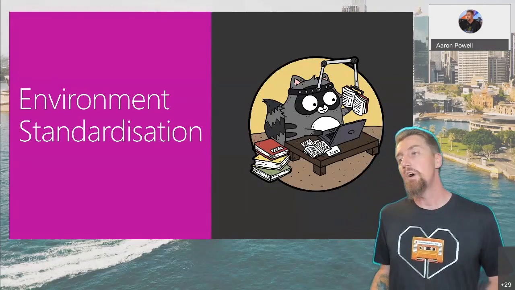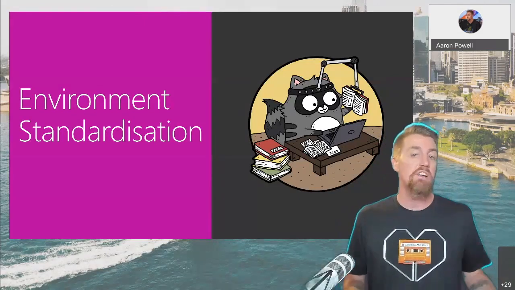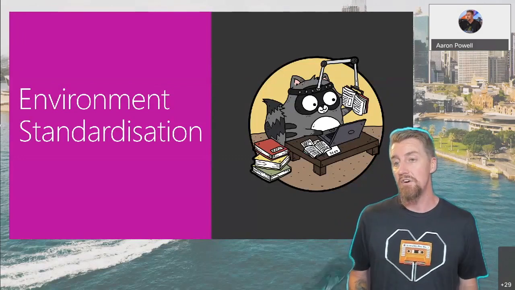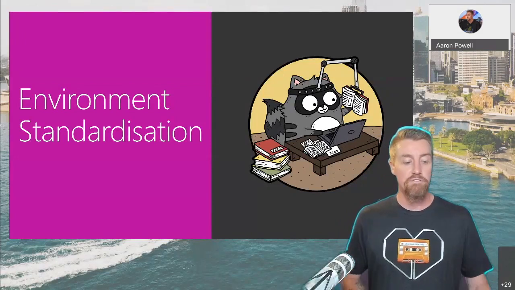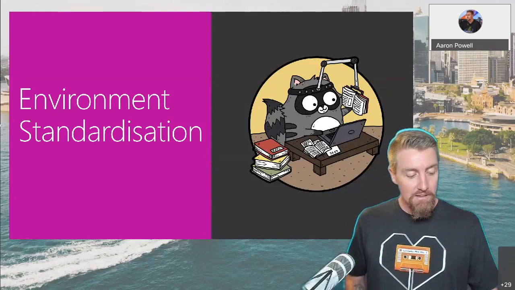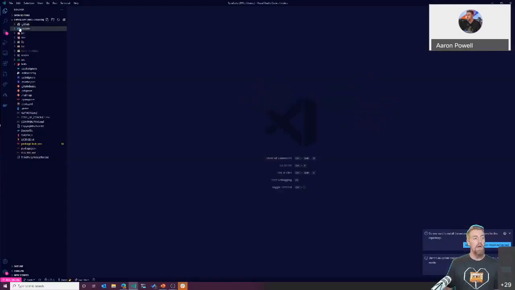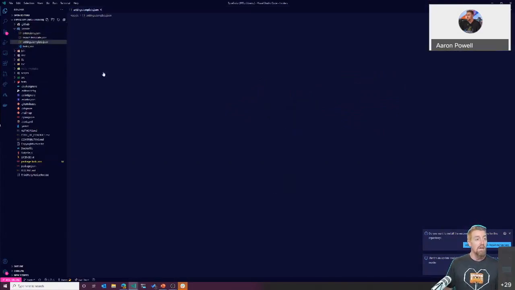Well, the way that we can do environment standardization in VS Code starts with the .vscode folder. We saw that briefly before with Peacock, where we can have a settings.json file, which we can use to set local settings for our workspace. Let's actually jump over to VS Code and to another project that I've got open here and have a look at a way that we could implement this quite extensively.